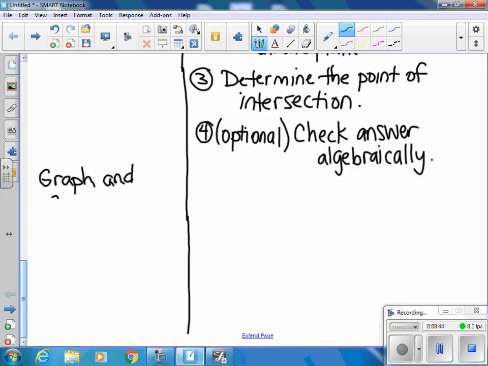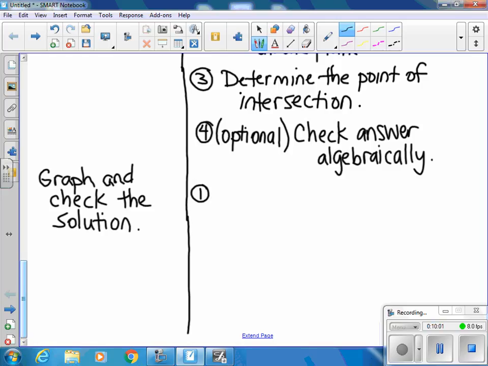The directions are going to say graph and check the solution. And remember that checking part is completely optional. So I may only check the first one and then not check the others, but you can check anything you want to because you have that power to. So the first example that I'm going to do in terms of the graphing method